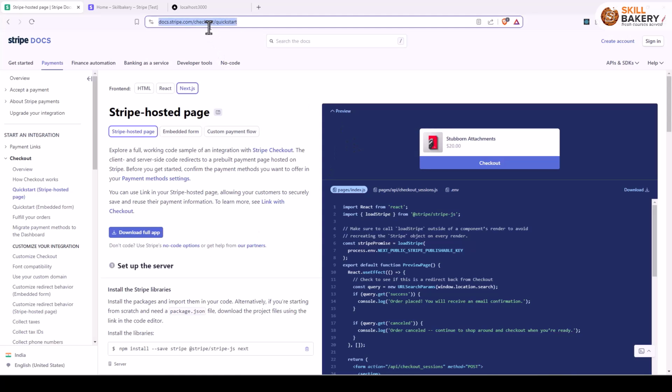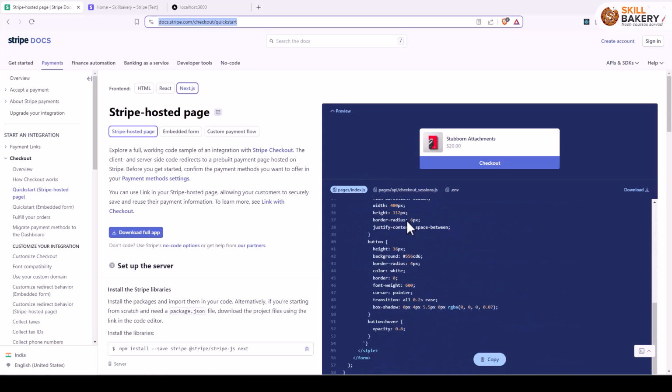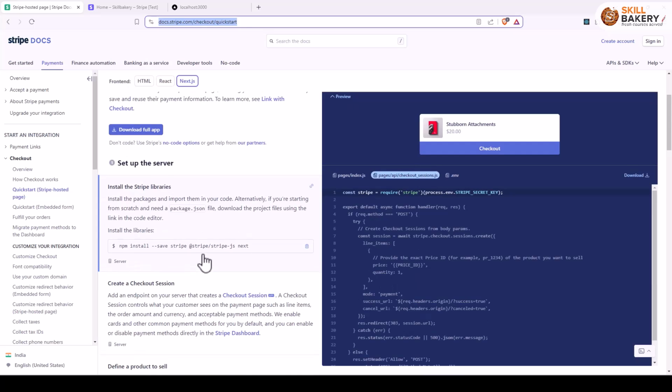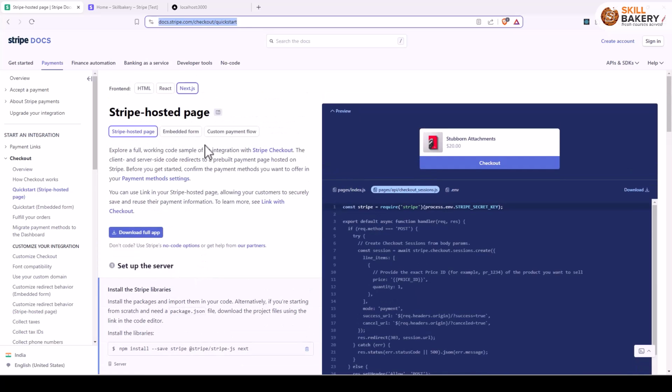So here we are at the Quick Start provided by Stripe, and you can see that we have these samples available. If your front end is HTML, React, or Next.js, you can refer to these code samples and then set things up at your end. Here you can see that we need to install Stripe packages. So without further ado, we'll be covering how we are going to implement this Stripe payment gateway in our Next.js